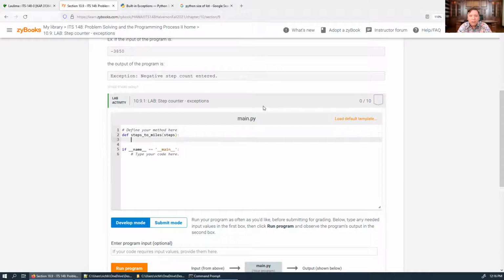Okay, and here's where I raise the exception. If steps is less than 0, then raise a value error saying,